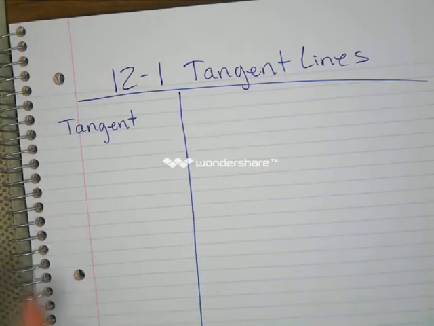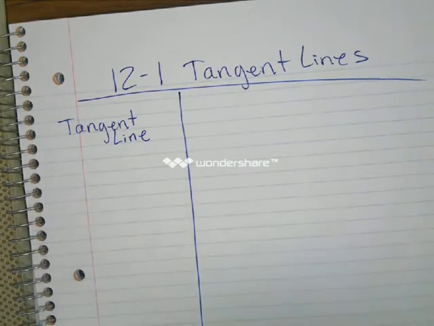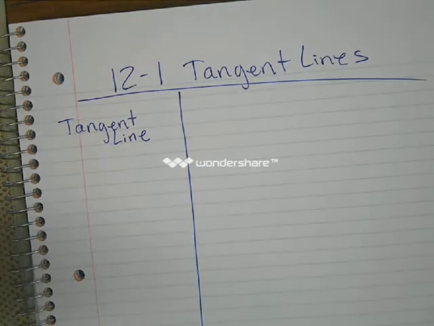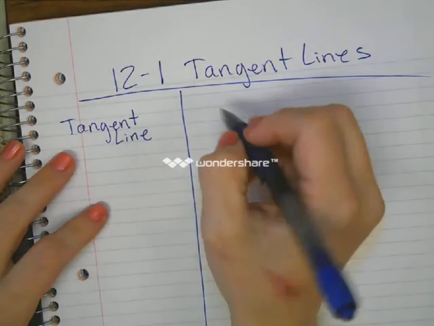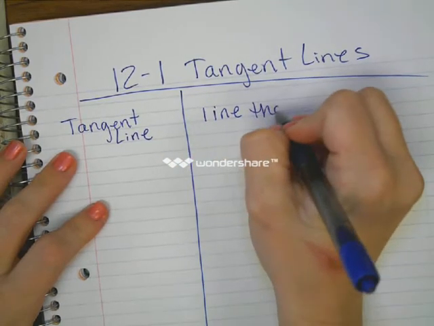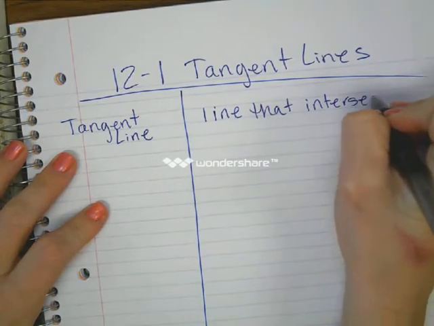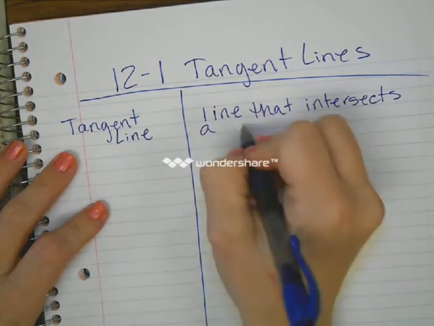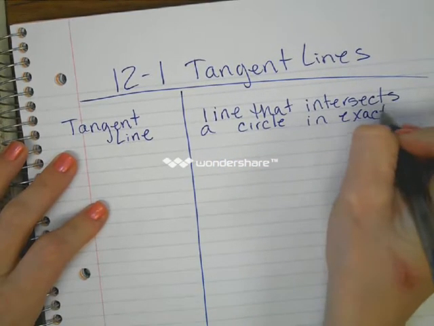Okay, a tangent line has nothing to do with the trig tangent that you've already learned. I don't know why it's the same word. Just sometimes in English we use the same word to mean two different things. But do not confuse this with the tangent from sine, cosine, and tangent. A tangent line is just a line that intersects a circle in exactly